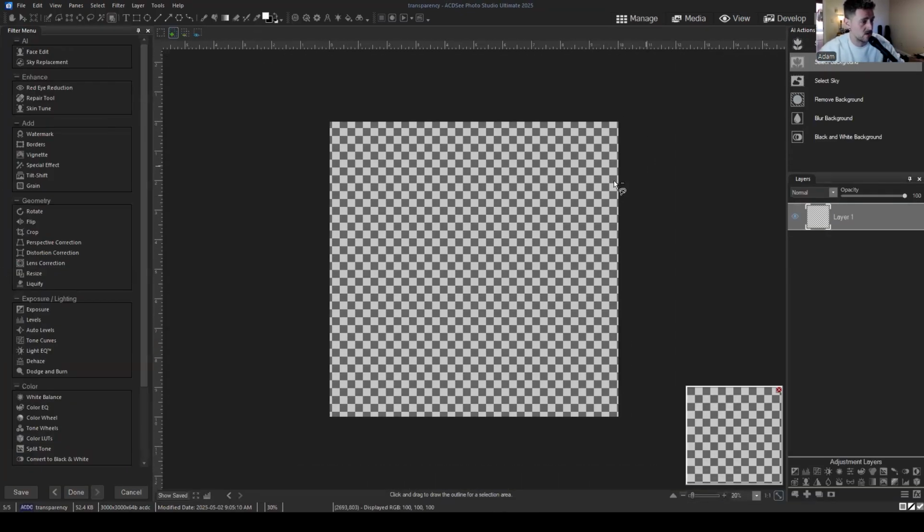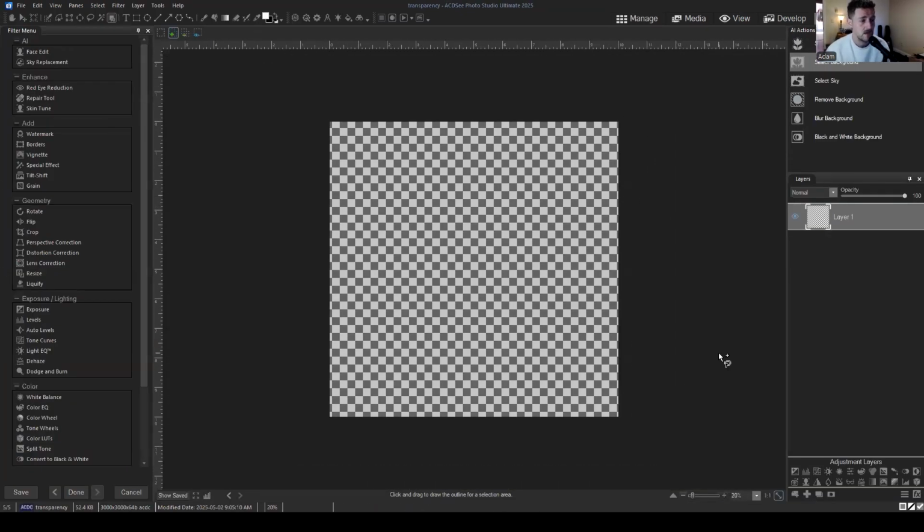Basically, this contains no visual information whatsoever. So this checkerboard pattern you see here is ACDSee's way of visualizing a transparency. So what a transparency is, it is a lack of pixels. It's interesting to note that when we're looking at pixels in an image, basically pixels are going to be